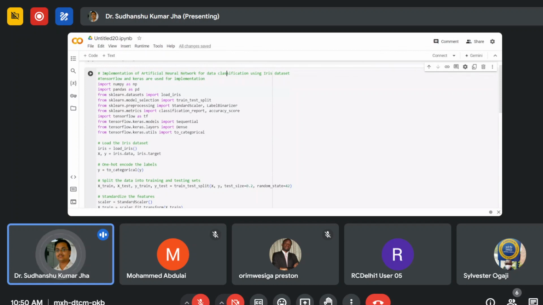We are performing this classification using the iris data itself. As we need to go for numerical computation, we are taking numpy and pandas, and thereafter we are taking the datasets. So we are loading the iris data. The same thing we have discussed in the last few days. For training, splitting, we take the StandardScaler, LabelBinarizer, the classification report, and the accuracy score. And now we are taking TensorFlow,